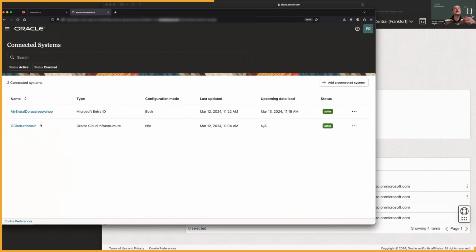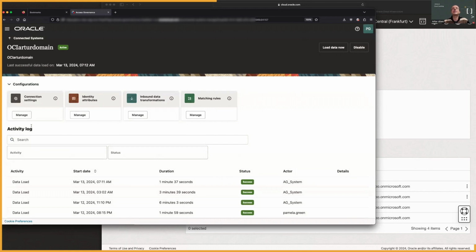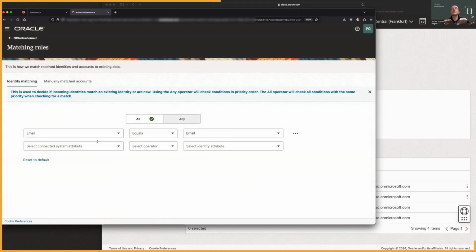And in my case, I have this OCI environment as one of the targets. You saw also Sandeep working with the Entra environment before. And of course, this environment is online, so we are continuously loading the necessary data about the access permissions on the tenant. And you have different areas of configuration for this target system. For instance, the way to match accounts found in the OCI tenant, and how they will correlate with the metadata that OAG has about the users and the different accounts on different target systems.